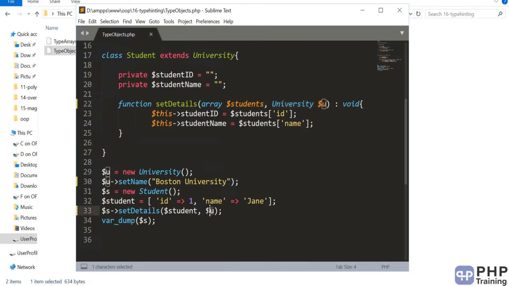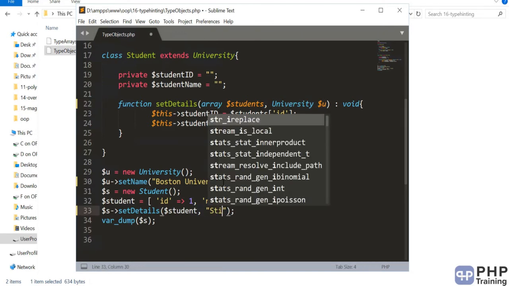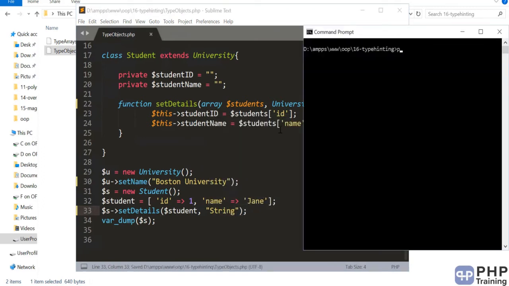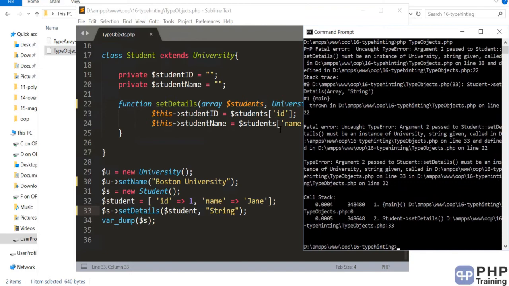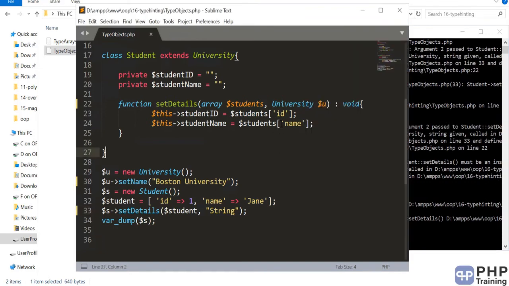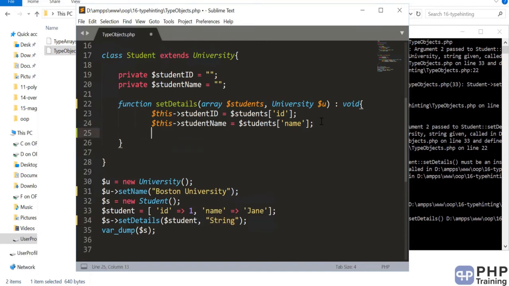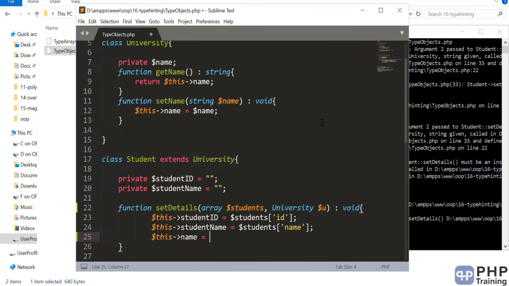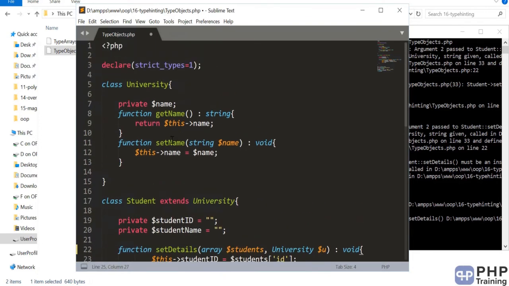If you pass anything else, like if you pass a string, then you should get an error. Okay, let's try this out. Because it is of type university and you cannot pass a string. Okay, you are restricting the code just to work as it is defined, because once you have this code you might be doing something like this. Because you marked this as private, you have to set it with the set name.